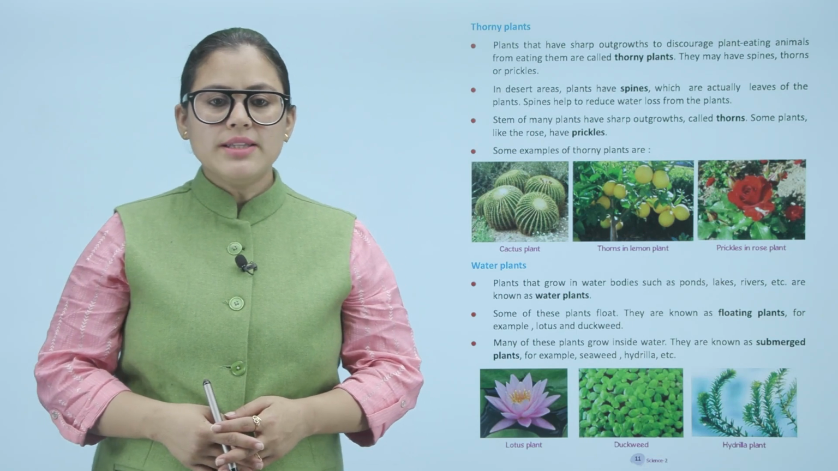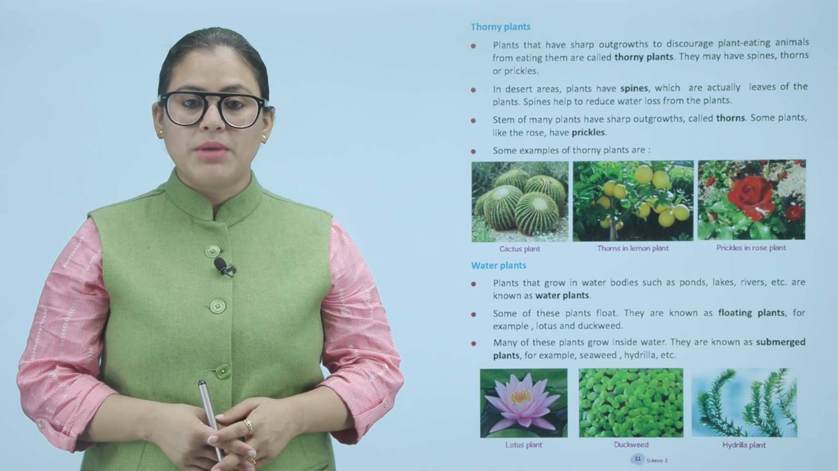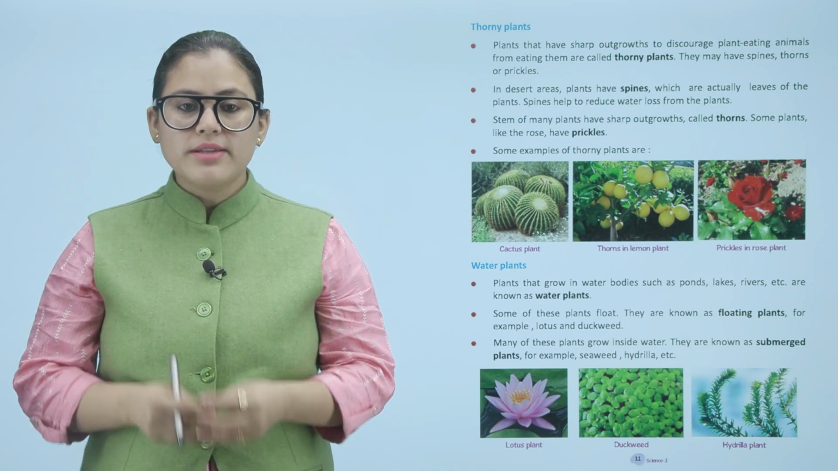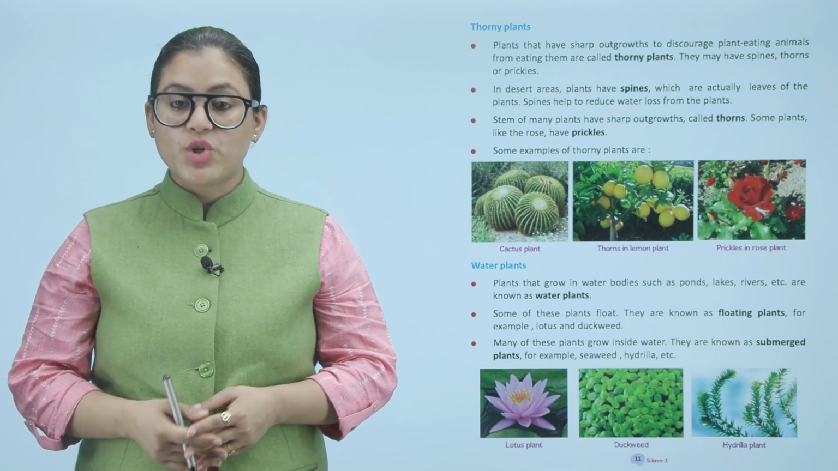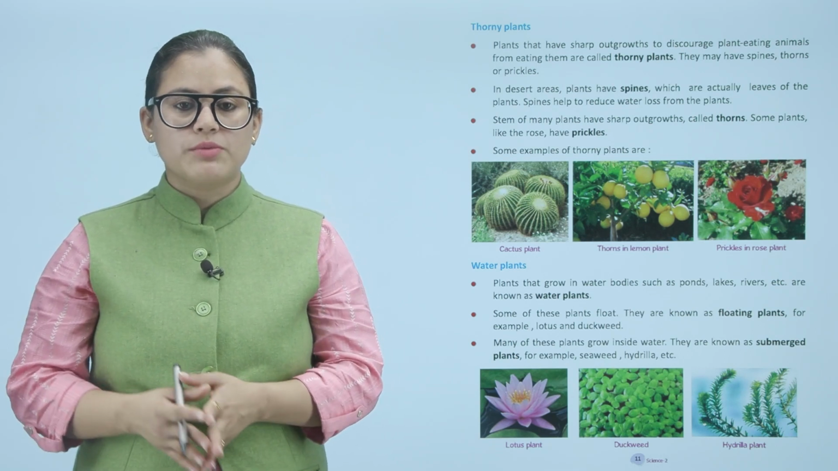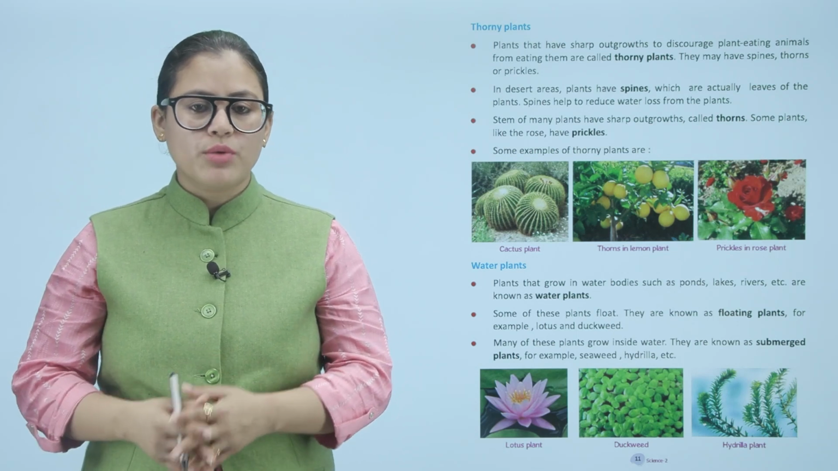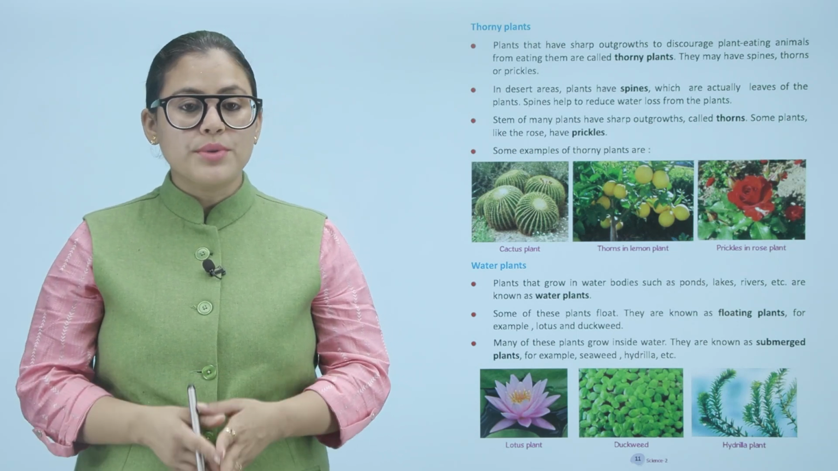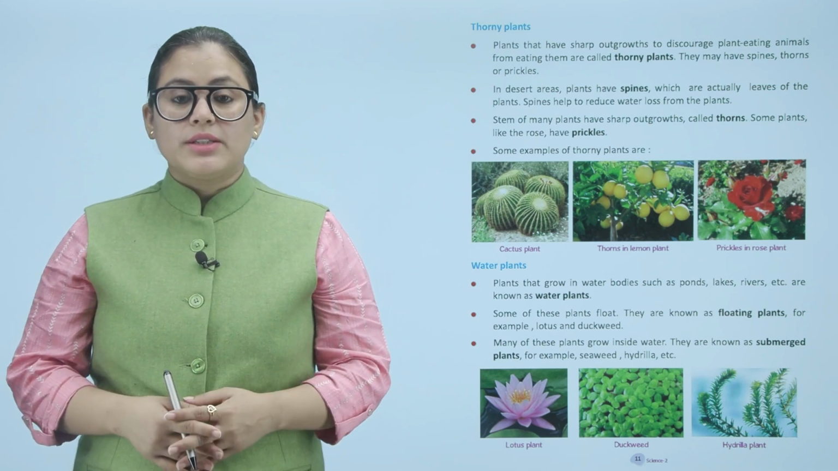Thorny plants. Plants that have sharp outgrowths to discourage plant-eating animals from eating them are called thorny plants. They may have spines, thorns, or prickles. In desert areas, plants have spines which are actually leaves of the plants. Spines help to reduce water loss from the plants. Stem of many plants have sharp outgrowth called thorns. Some plants like the rose have prickles. Some examples of thorny plants are